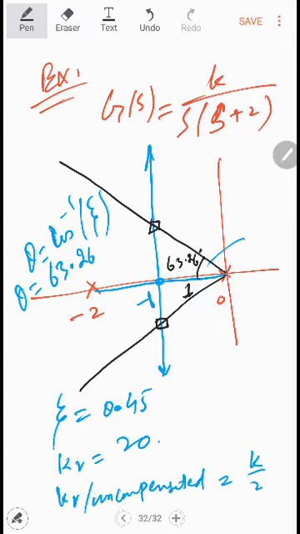So this means that we can find this vertical line, this location, easily. In this case, you can use the tangent identity. Let's say this line is y, and y is equal to tangent of theta, where theta is 63.26 degrees. So y will be equal to 2. This means this is equal to 2.